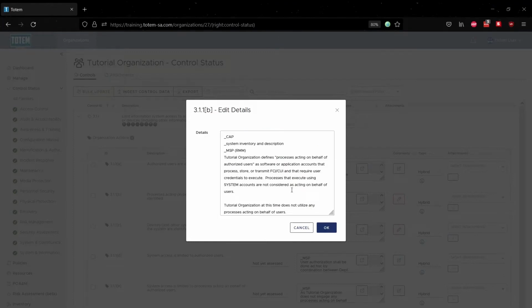Note that if you have ingested our SSP boilerplate template, these CAP tags and sub-tags will come preloaded into the implementation details. We have added in these tags because they identify common deficiencies that we have seen from our clients over and over again. Please also note that we strongly recommend that you finish your first cut draft of your